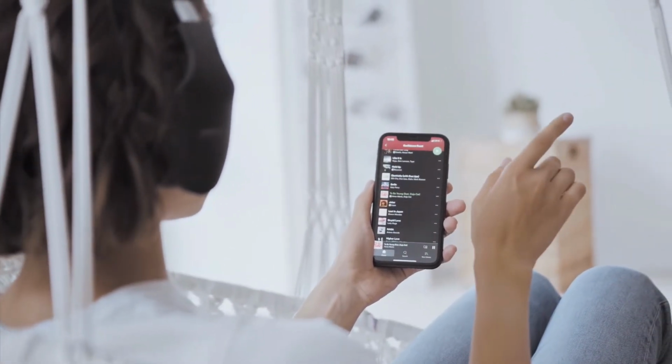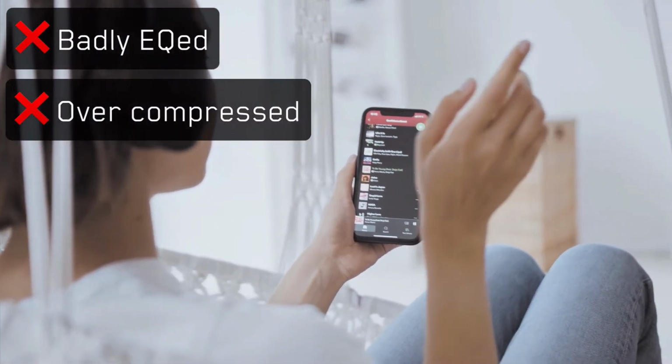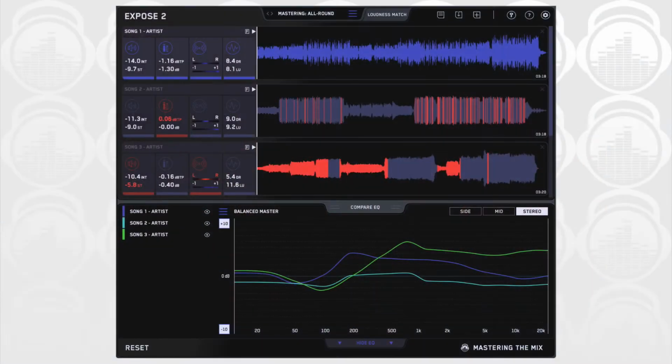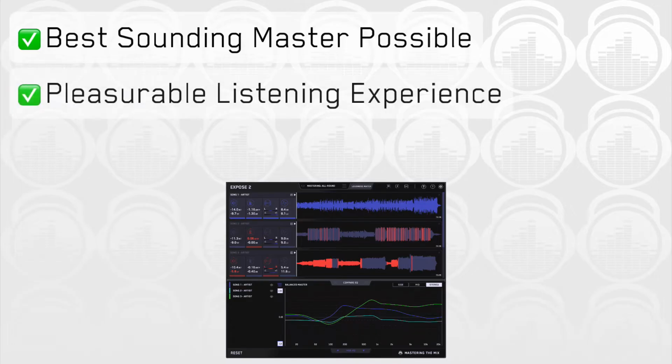And you can't do that if your track is badly EQ'd and overcompressed, or it contains clipping and phase problems. In this video, we'll dive into our Expose 2 application and we'll explore how it can ensure the best sounding master possible, regardless of playback medium. Expose 2 will guarantee a pleasurable listening experience for your audience, and it will enable you to release your music